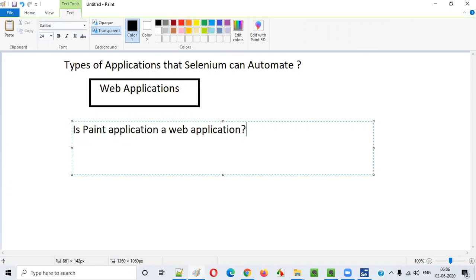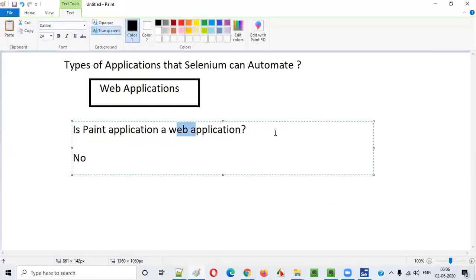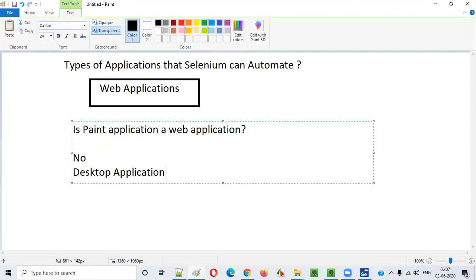No. Why? Because we are not browsing in the browser. If it is not a web application, what exactly is this paint application then? What can we call it? Desktop. Yes, it's a desktop application. Correct.